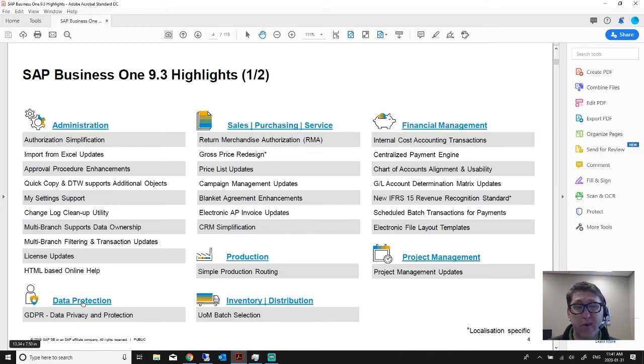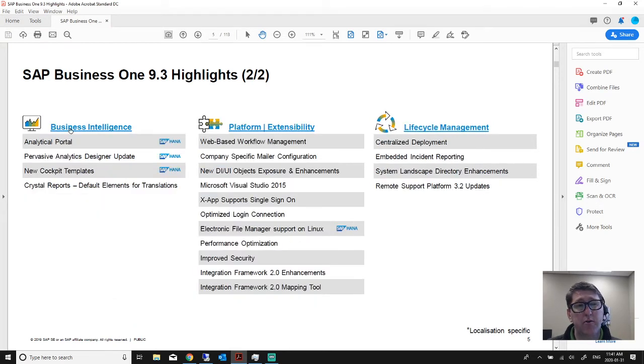There's a new category now, particularly with the rise of GDPR. This was something that the B1 development team actually spent a lot of time on in 2018 and parts of 2019, dealing with GDPR and data protection. Then the sales purchasing service area, the production area, inventory distribution, financial management, project management. And if we scroll to the next page, there's the business intelligence section, the platform and extensibility, and